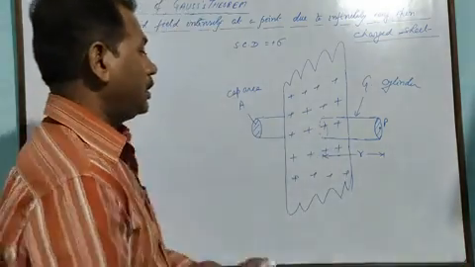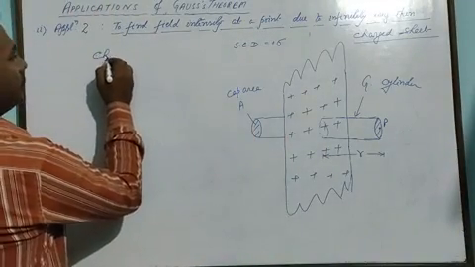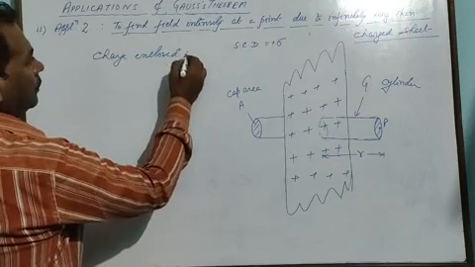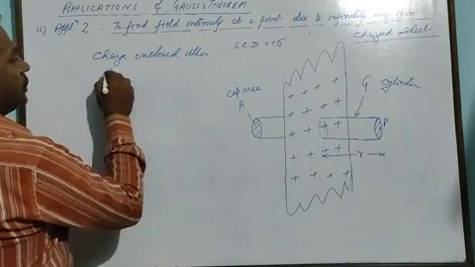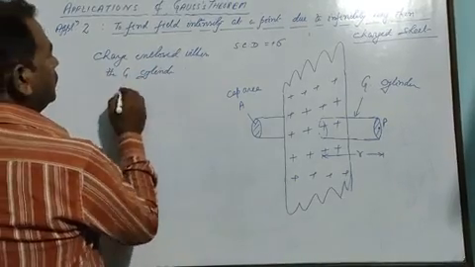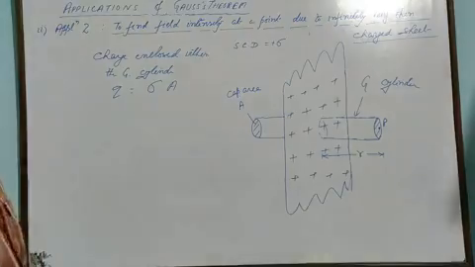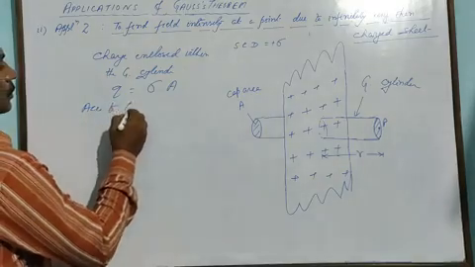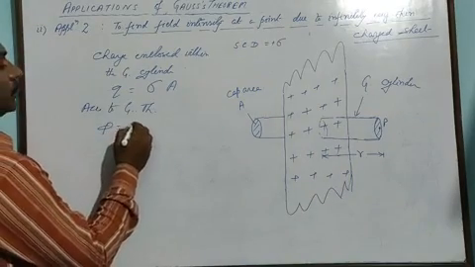So if the cap area is A, then the charge enclosed within the Gaussian cylinder will be equal to sigma A. So according to Gauss theorem, flux will be equal to